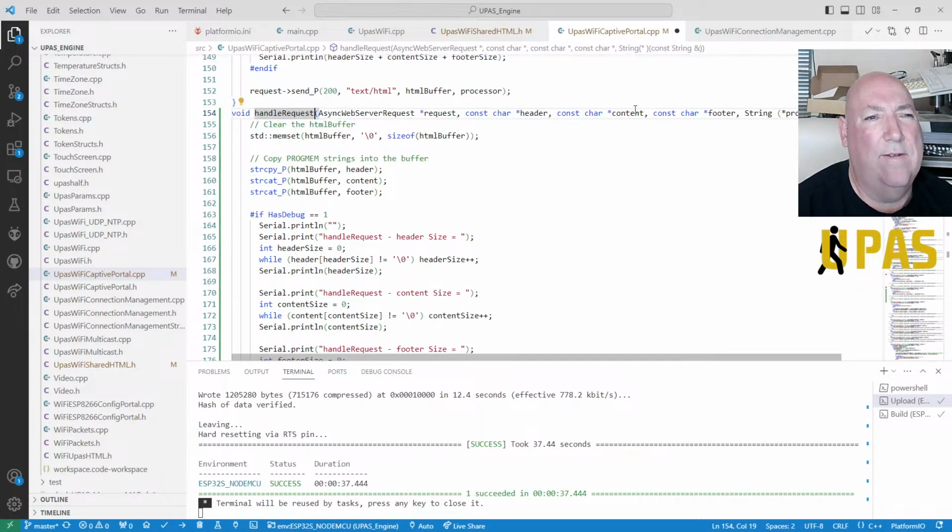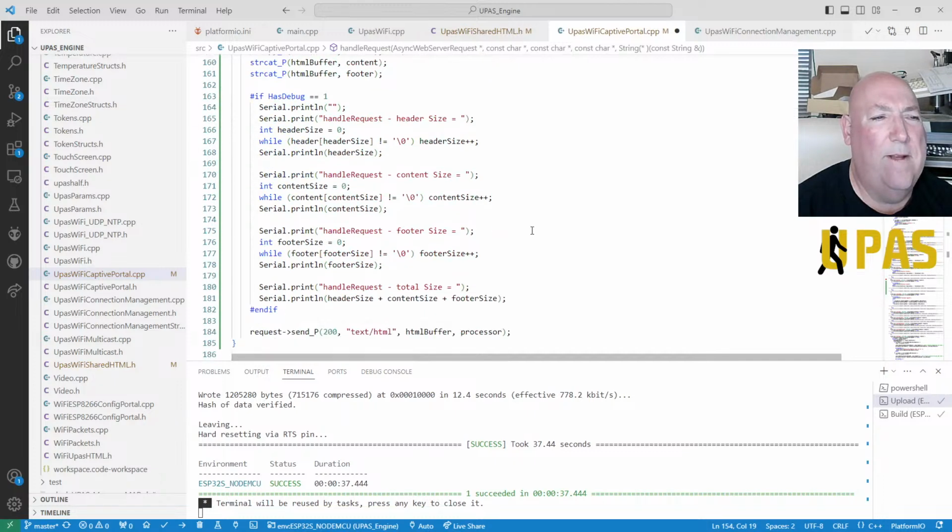Or is it constant character? So copying from content, constant character, right, okay, into the buffer, but it's doing a string P. Don't know why it's doing that. Would string P fail if it's not from program mem? I can't remember now.